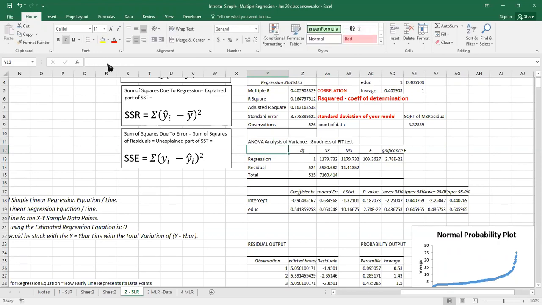Okay, ano naman to guys? Ano yung ANOVA natin, analysis of variance or goodness of fit test? Okay, dito tinitingnan natin guys kung overall okay ba yung model natin, significant ba yung model natin. Okay, just so happen na iisa lang yung independent variable natin, no? But we're asking here, overall ba okay yung model natin? So may null hypothesis dito guys. Ang null hypothesis natin dito is,